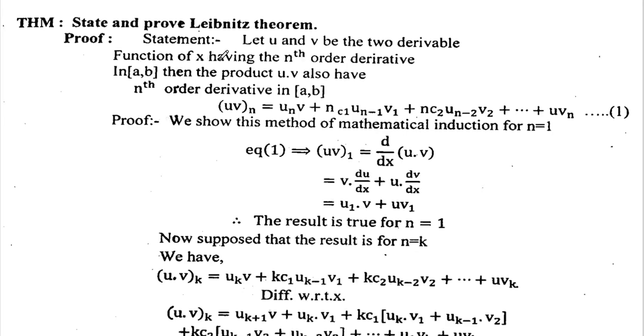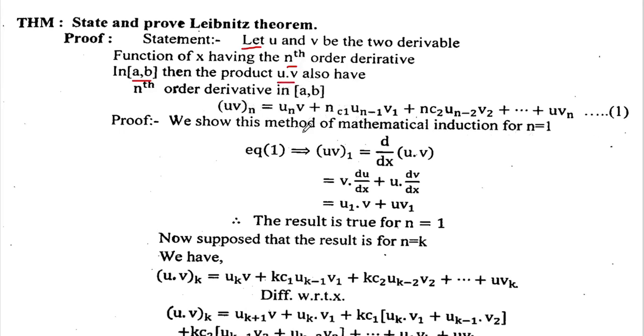So what is the statement? Let u and v be the two variables of the function x having nth order derivative in interval AB. So here we have taken interval AB. Then the product uv also has the nth order derivative in interval AB, and that product is given as